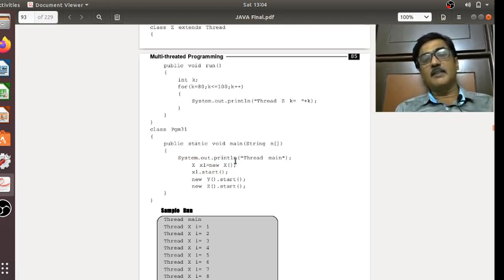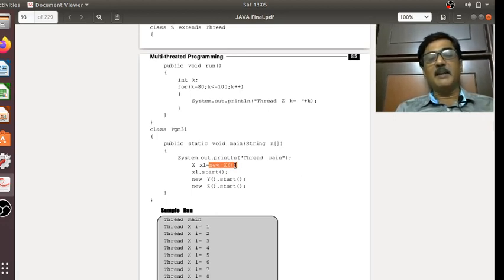Here within this main method I am creating an object for class X. Through this object I am invoking the start method. Instead of writing two statements, where in the first statement I am creating an object for X, then through that object invoking the start method, I can club them up and write them in a single statement, wherein I am writing only the RHS part, where an object is created directly but it will not have any name.